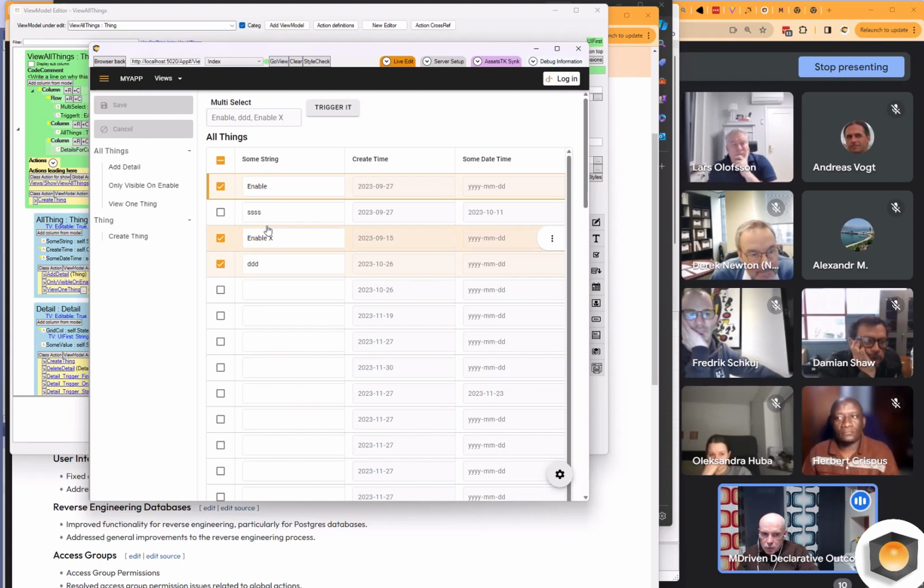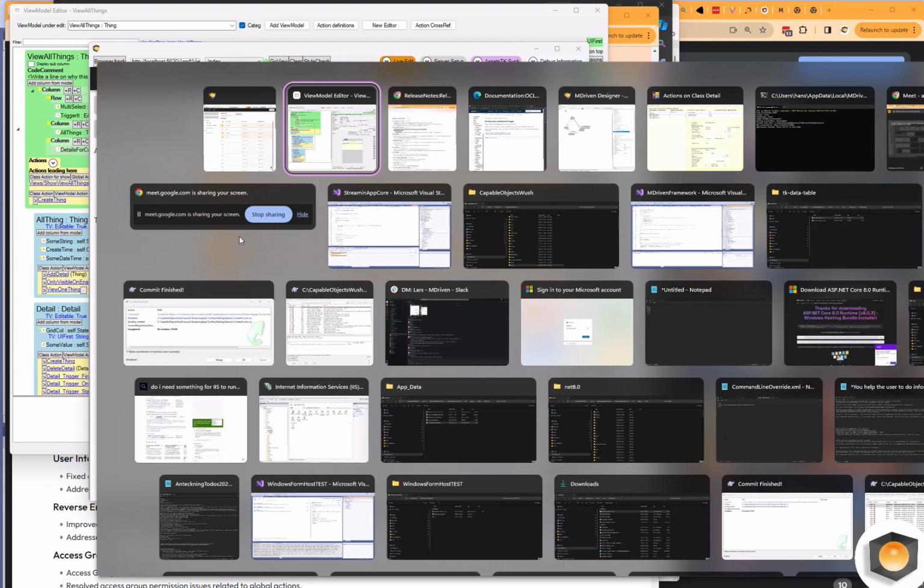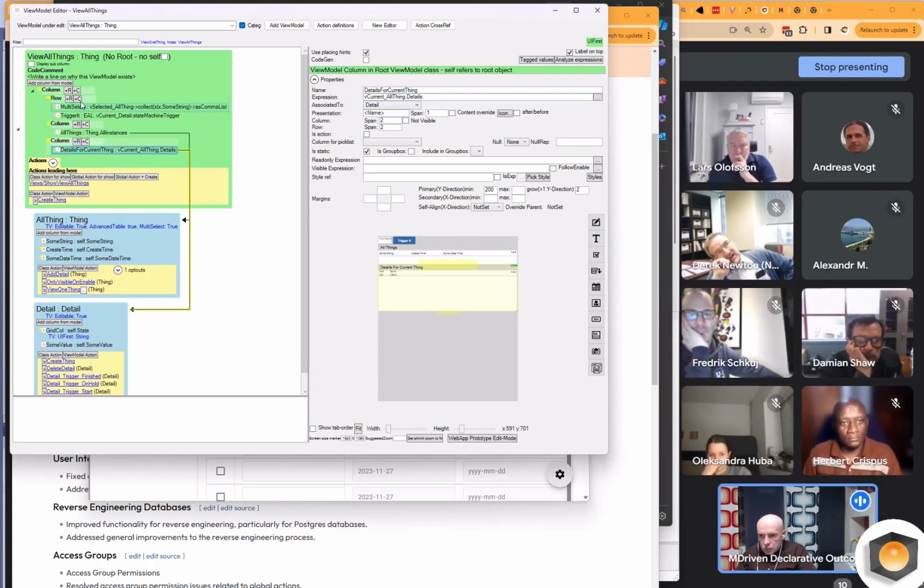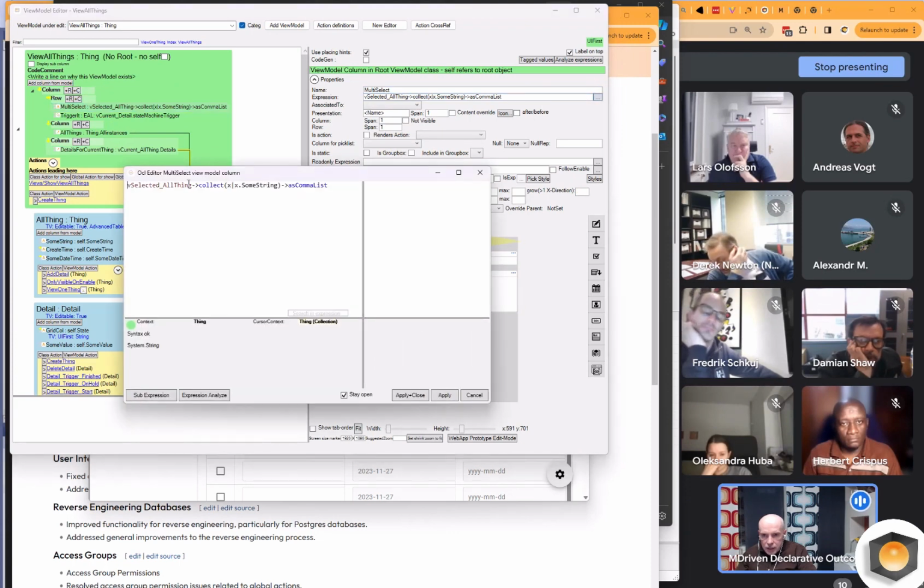And of course, these are also great for actions, because when you want to execute something on multiple things, when the user has selected multiple things, you would just do the same strategy as I did here, but in the action. So you collect, and then you do the action over the whole collection of selected items.